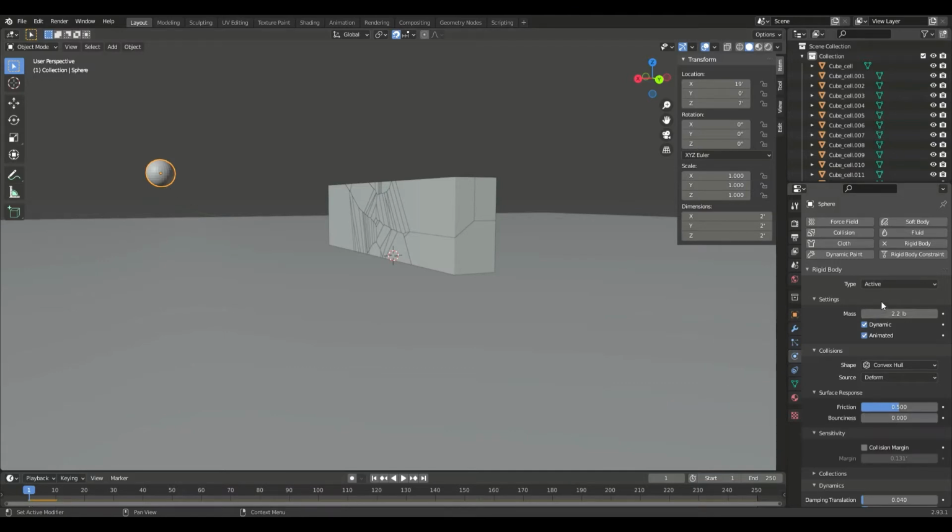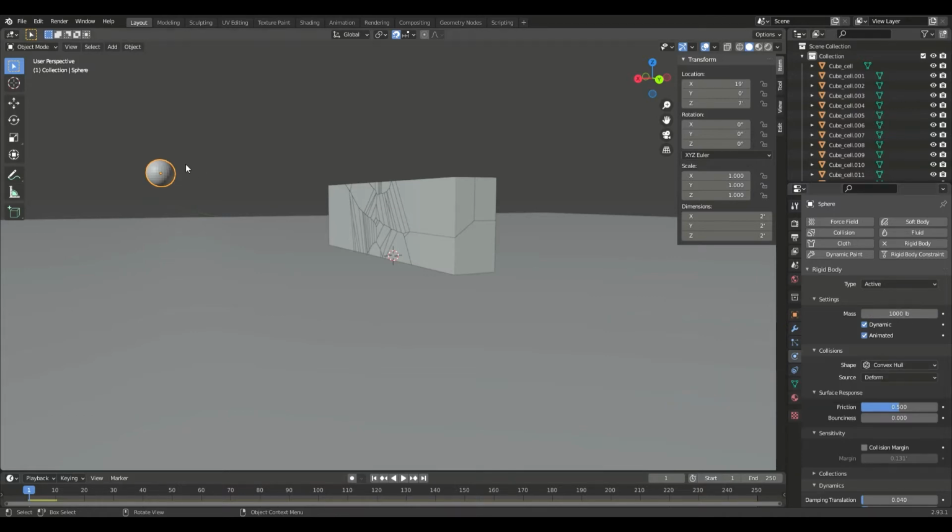So it's only 2.2 pounds. That's not that heavy. So let's make it 100 pounds. Now it's really heavy and it's just going to go through these pieces. Maybe. Actually, let's turn this up to like 1,000.